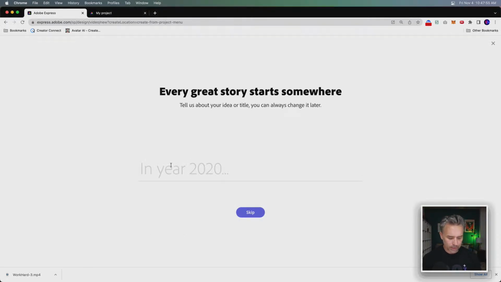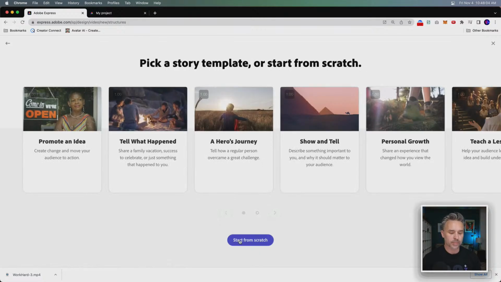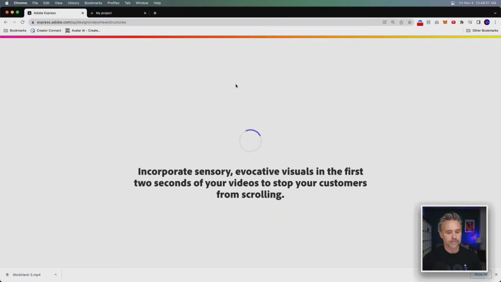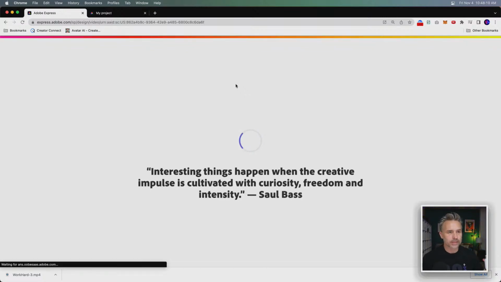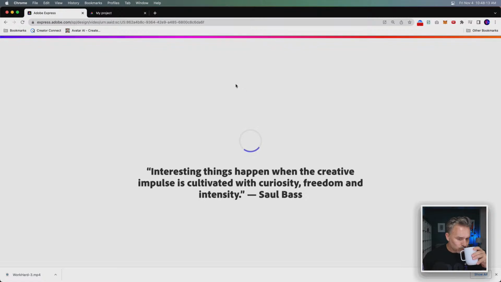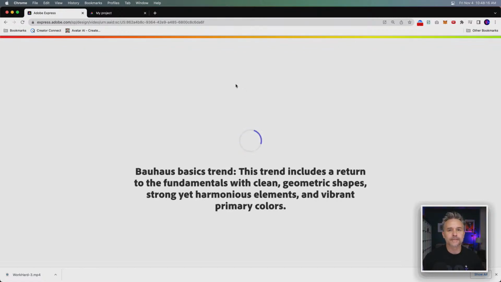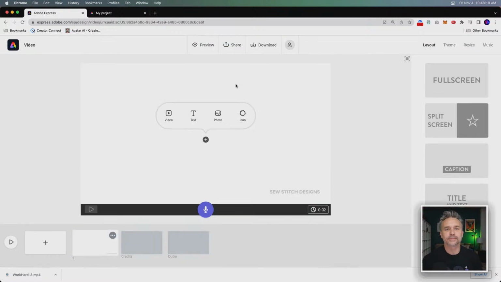So let's try this. We're going to the video option in here, and we'll just do design. I'm just going to call it designs. We'll keep it simple and vague, apparently. We'll start from scratch. All right, it's putting together all this stuff. Zooming out of the background and zooming in on the text. Yeah, I'm into it. That would be good. And by the way, these are just supposed to be quick little things. Just give your artwork a little bit of a pop.